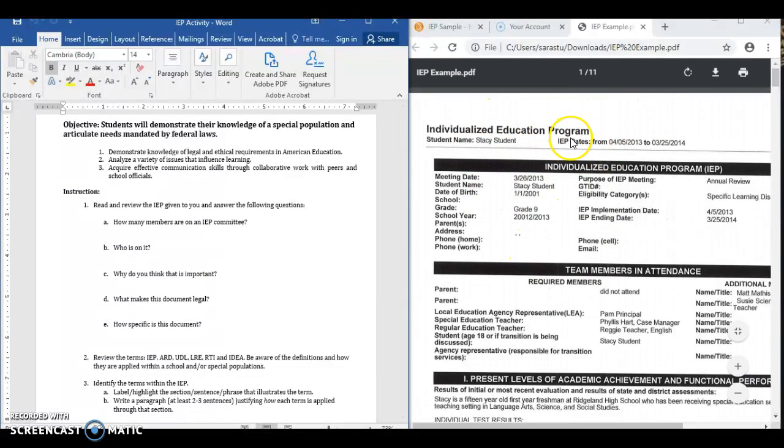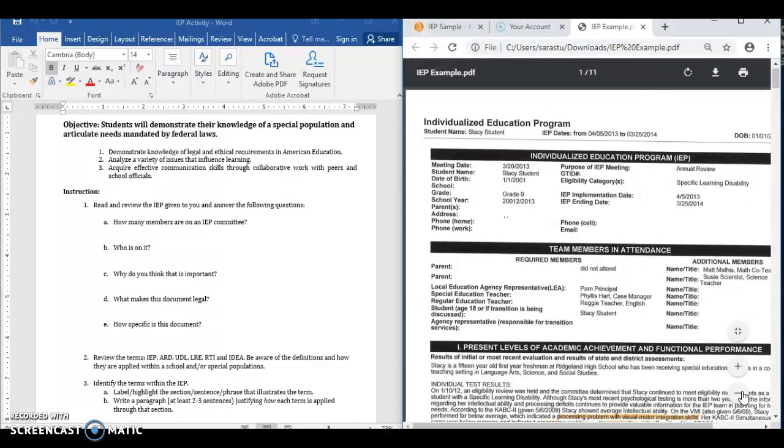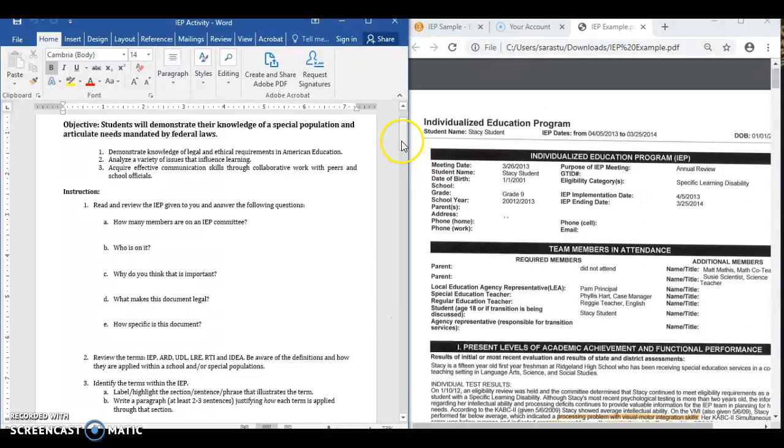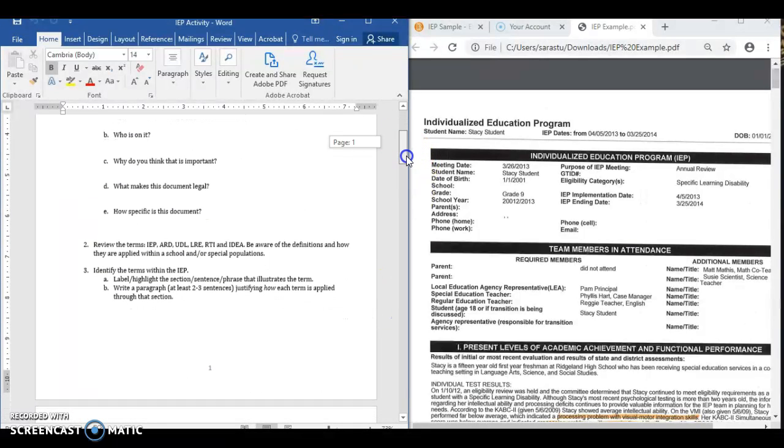So if you're looking at the IEP here, on the first page, it already talks about team members that are required to be there. Okay, required members, and then you've got additional members here. So you're able to state who has to be present at the meeting and who are additional members to have there, and why. Think about why those people are important there. Is there enough representation for that child? Are parents required to be there? Are they present? Is the child required to be there? So those are all important aspects of being able to provide the support needed for a child with special needs.